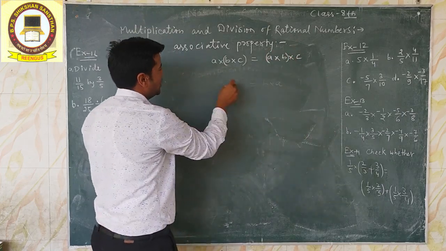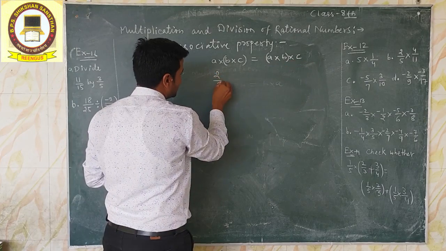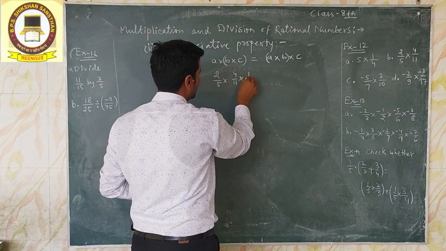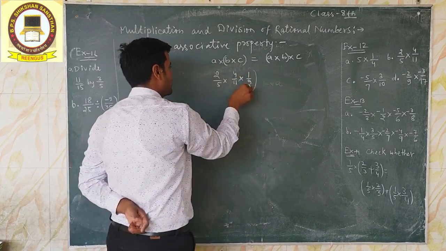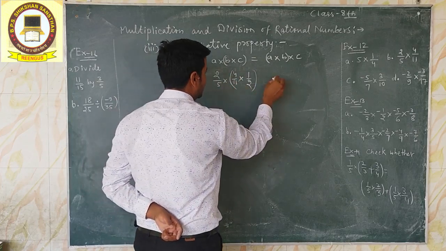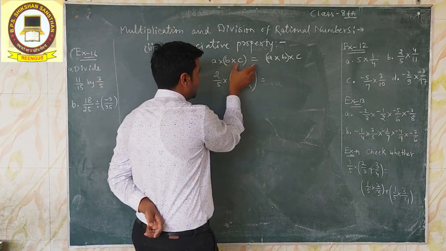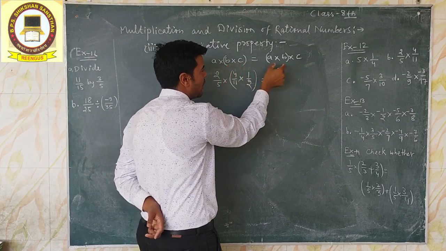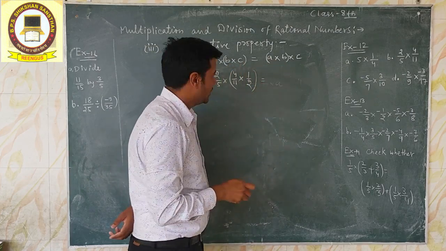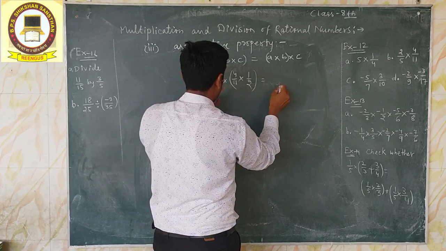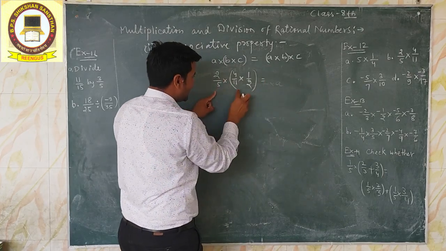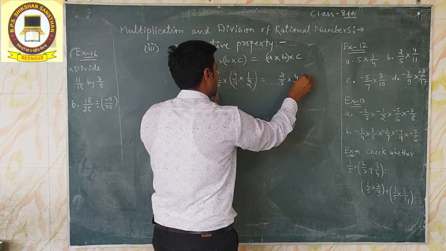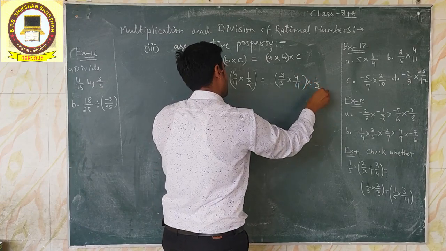कैसे करते हैं ये देखो. जैसे मान लो सेकेंड एग्जाम्पल को मैं थोड़ा सा सिंप्लीफाई करूँ. 2/5 multiply by 4/11 and one more number I can write 1/2. First we multiply these two and there is a difference of bracket here. Now the bracket here is on B into C and here the bracket is on A into B. Alright, so if we write these numbers in this sequence, then it becomes 2/5 into 4/11 bracket into 1/2.